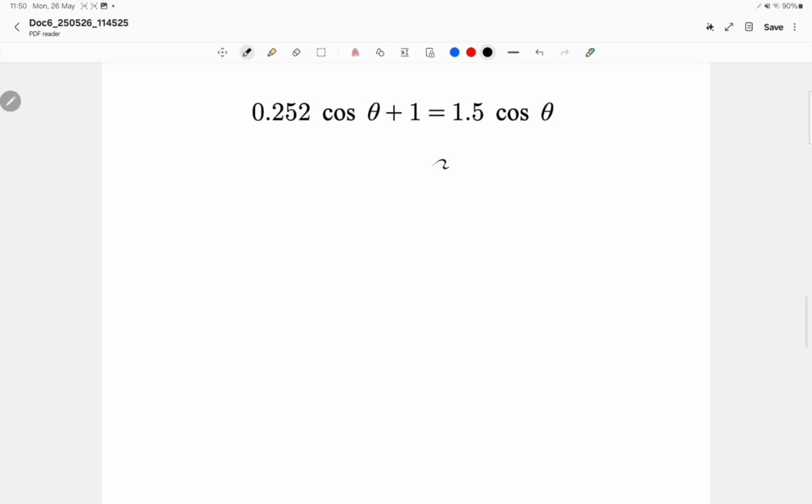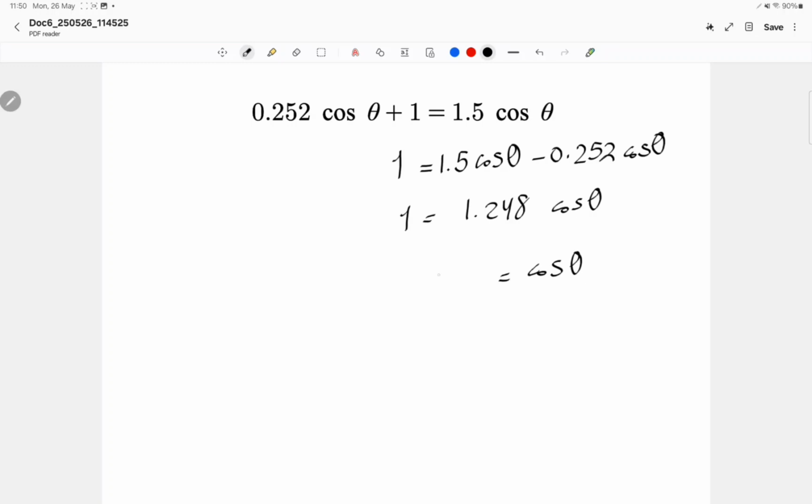Let's combine the cosine terms. So we're going to have 1.5 cosine of theta minus 0.252 cosine of theta is equal to 1. So by doing some minusing here, we'll get 1.248 cosine theta is equal to 1. So cosine theta is equal 1 over 1.248. And so theta is equal to, let's do the shift of the cosine and see how much we get. And I got myself